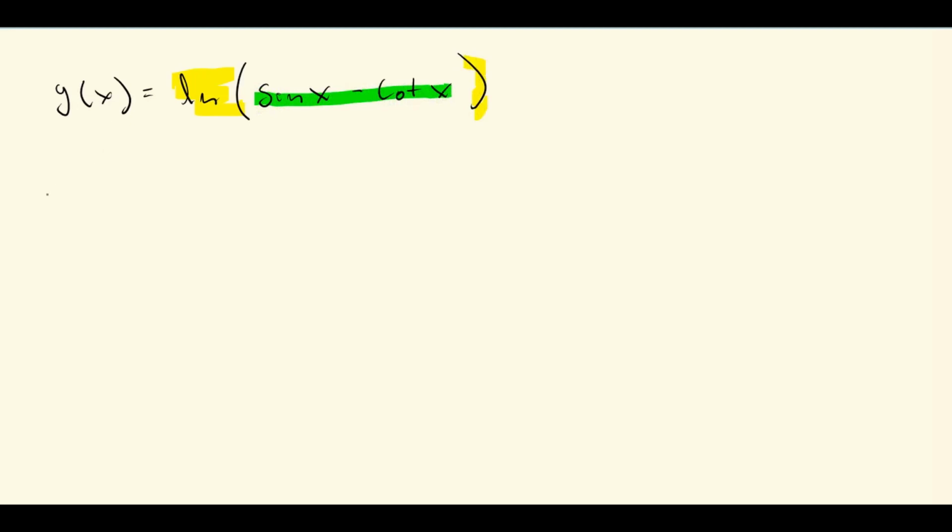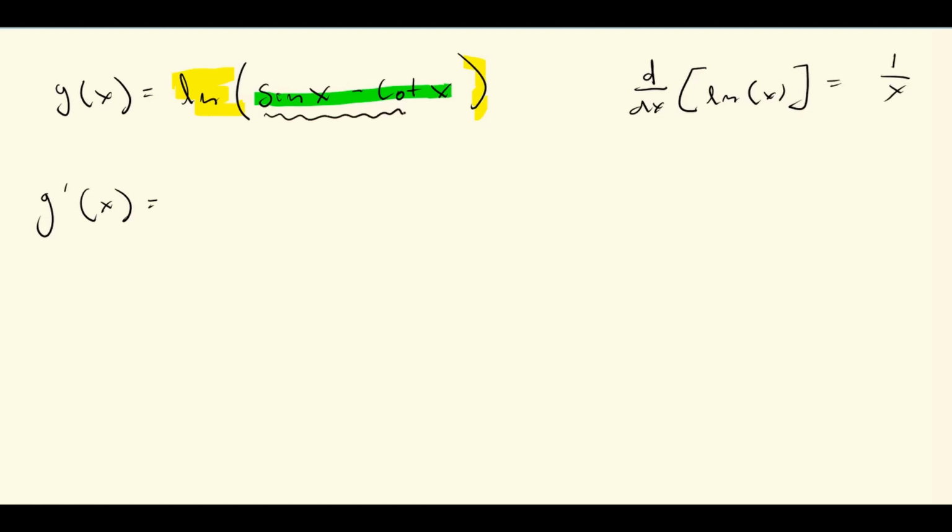So the derivative g prime of x is going to equal, first we're going to take the derivative of the natural log, and we know that the derivative of the natural log of x